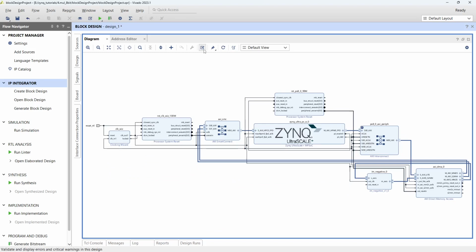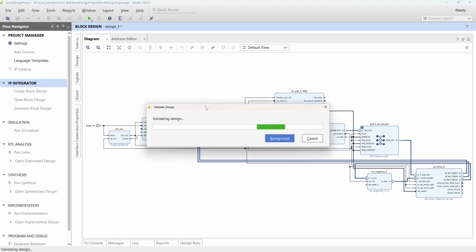Now let's validate the design. Once again, I will say the flow. From the PS, data flows through the AXI interconnect to the DMA, and from DMA through the AXI stream, it will reach our device. It will take the negative, 255 minus data, and pass it to the DMA, and from DMA through these two wires, it will reach the AXI smart connect. From AXI smart connect, it will reach back at the PS, and you can see it in the terminal. That's what we're trying to do. Probably we'll have some errors sometimes. Let's see. Let's validate the design,